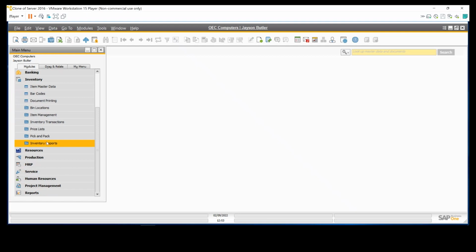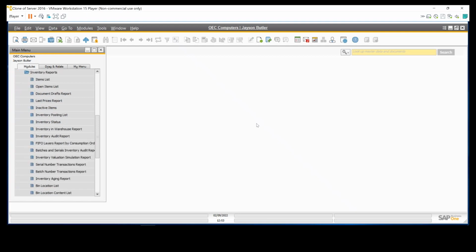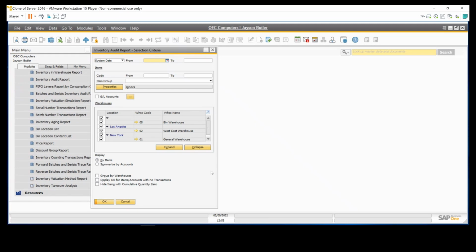And then finally, we have a ton of inventory reports, and I mean just a ton. Items, open items, drafts, last prices, inactive. One that comes up a lot that I end up doing a lot with is, God, what is it? The inventory audit report. Financials likes to look at this quite a bit when they say, show me what happened to this item throughout the month. So I can choose a system date of